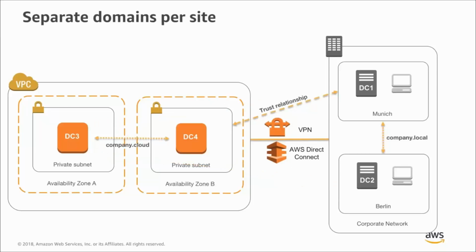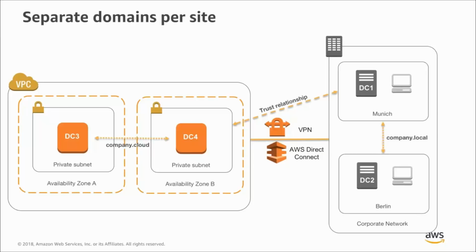Another topology that we see people use with AWS in their on-premise data centers is a separate domain per site. In this case, the previous example was a subdomain. This is a completely separate domain. So you have, in this example, company.local on-premise. We still use that VPN and that Direct Connect to establish that connection with AWS, but we have a completely